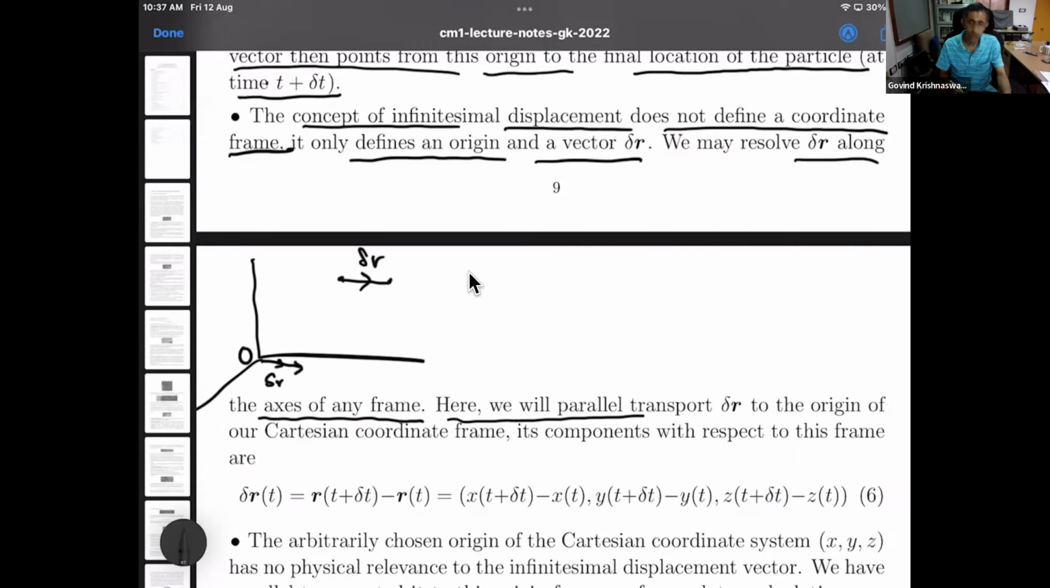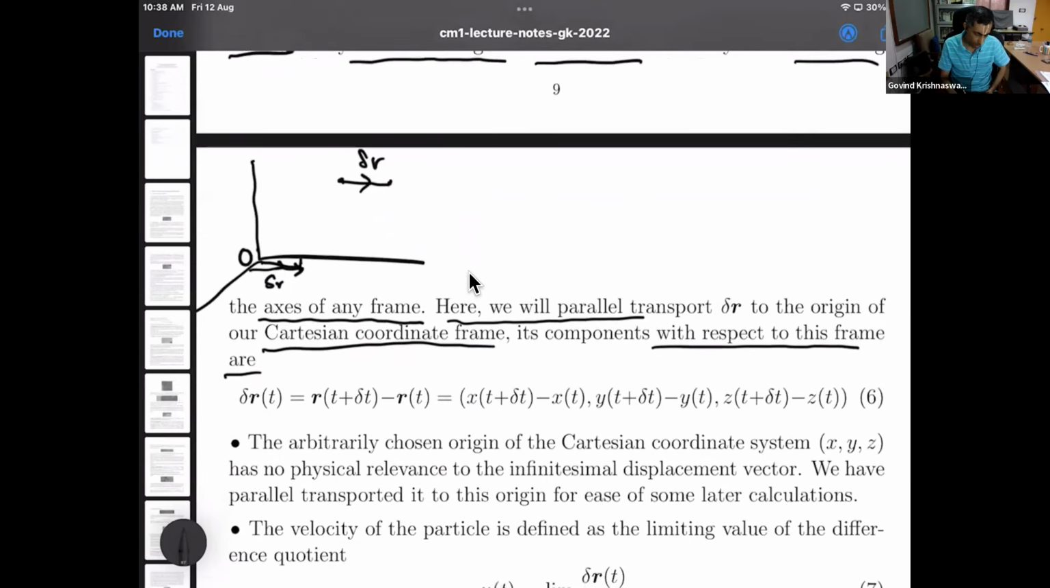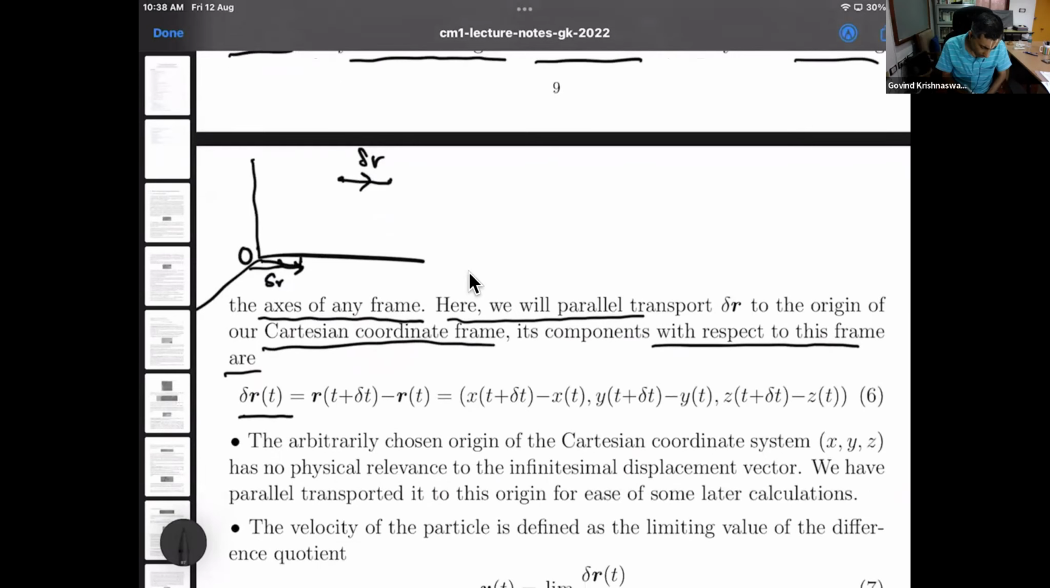So that it is a vector that emanates from the origin of our coordinate system, Cartesian frame. And its components with respect to this frame, we can resolve it. That is, we will drop a perpendicular to the three axes and get the three coordinates. That delta r is then resolved as a vector with respect to this origin O, and the components are written